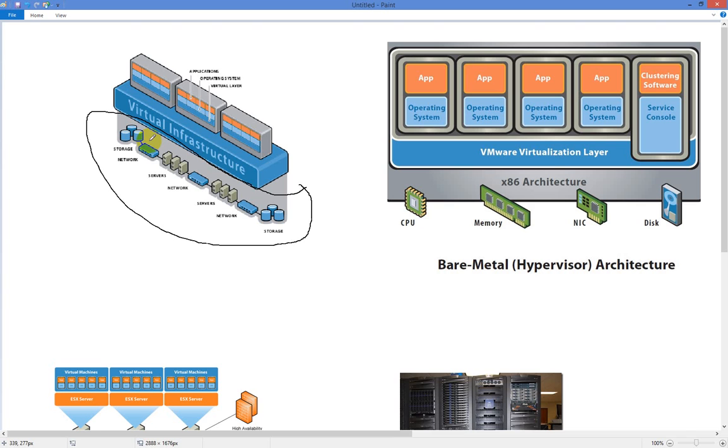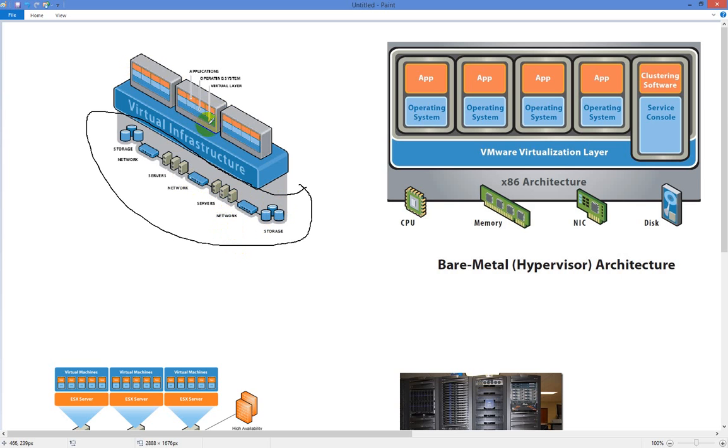So what virtualization does is, instead of you having to go out and buy another physical server, instead of having to license another copy of Windows Server 2008 or whatever it is you're trying to run on it, you can simply go in and create a new operating system. So you create a new virtual machine. The idea with the virtual machine is that it is going to share the resources of the actual host. So you take all this, the storage, the network, and the servers, and you start virtualizing it, and then you're able to put it into a virtual infrastructure up here.